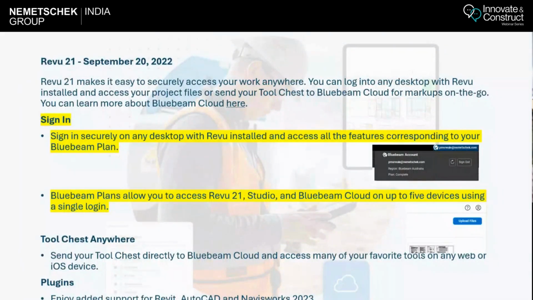So what I'm going to do is switch between the presentation and the actual Bluebeam application to demonstrate. Starting with Review 21, the users from the previous version of Bluebeam, especially 20.x,